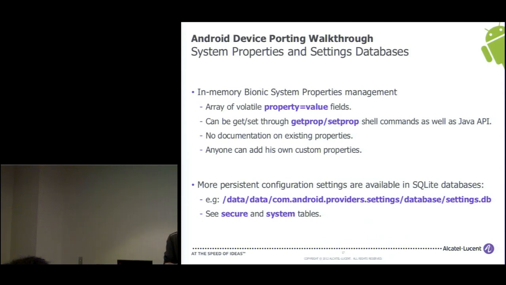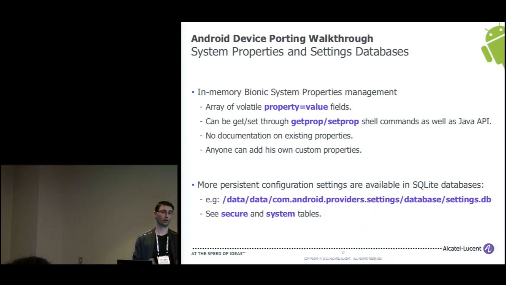So for example, if you browse some Android devices, you have in /data/data/com.android.providers.settings the settings.db database, in which you may find a couple of useful tables, for example the secure and the system tables, and you also get a lot of properties within these tables.